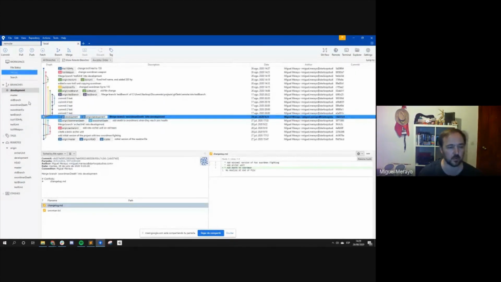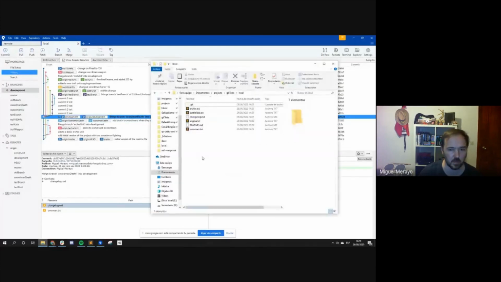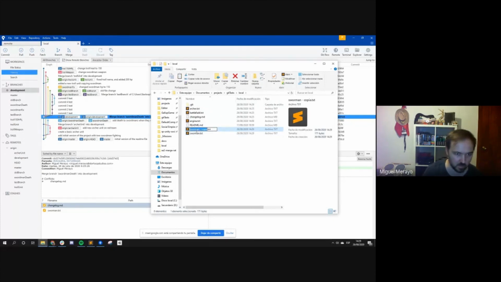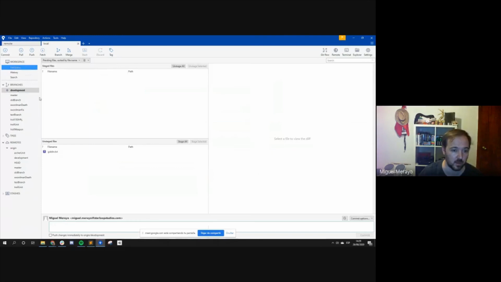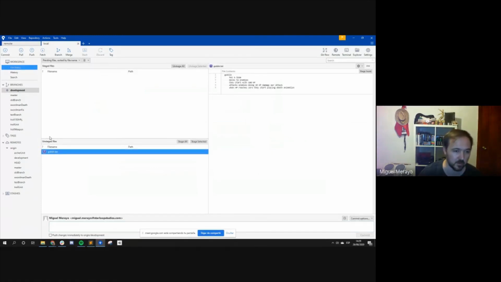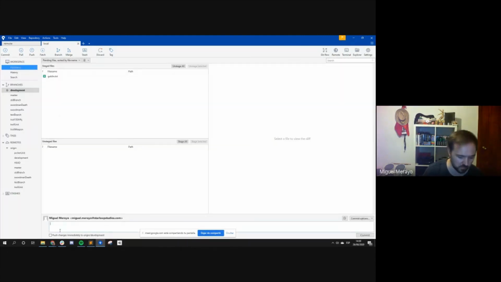So for example, here I'm in development. I have these files, and I will do the same process as before, but instead of adding a foreman, I can add a goblin, for example. I click goblin, and use that. And I created a goblin. If by error I'm in development and I haven't created a branch, and I create it,